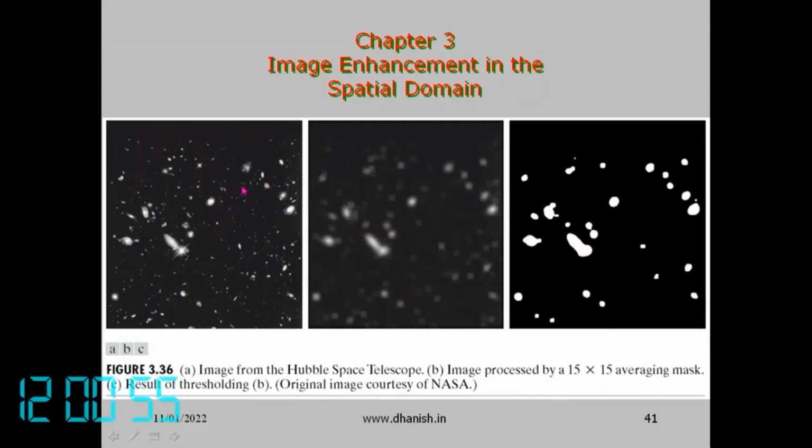So the small particles, the noise particles, are very small and anyway we cannot get them, so we want to eliminate them. Instead of doing it manually, we can do this automatically by this image averaging. So after averaging, the small pixels are disappearing. Then you do thresholding, and you can get how many big objects are there. For small objects, anyway, we cannot do anything. So we are interested in the size of these big objects and their positions. We want to find out the distance between these. All this can be calculated. So first, we want to eliminate the noise by a noise reduction operation.